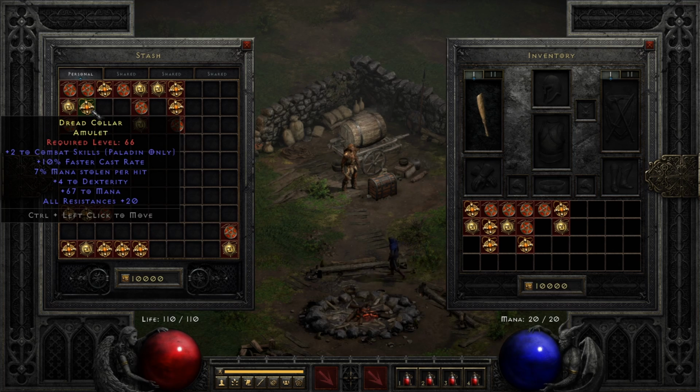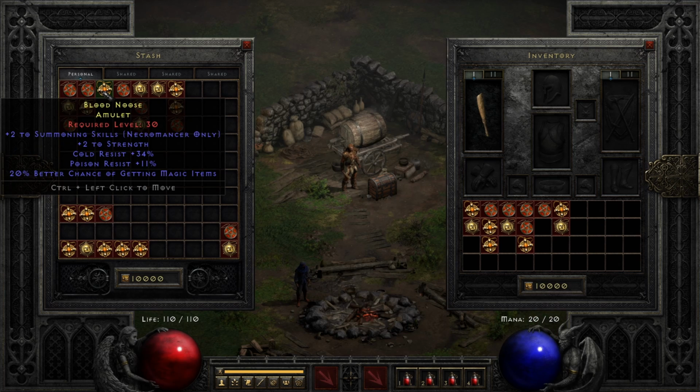+2 to combat skills, and 10% faster cast rate, along with 7% mana stolen per hit, 67 to mana, and +4 to dexterity, another all-res +20. Definitely some use for these, I would say. Some interesting Paladin amulets. Only got one rare one to show you for Necro, it's +2 summoning skills, 20% magic find,